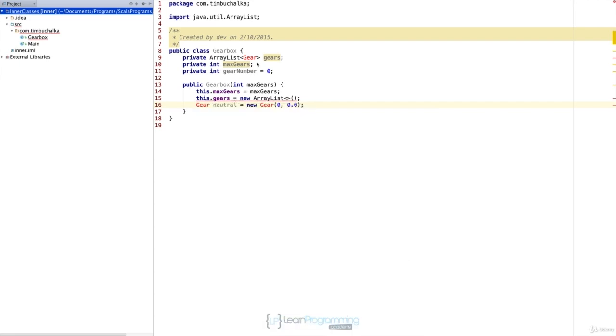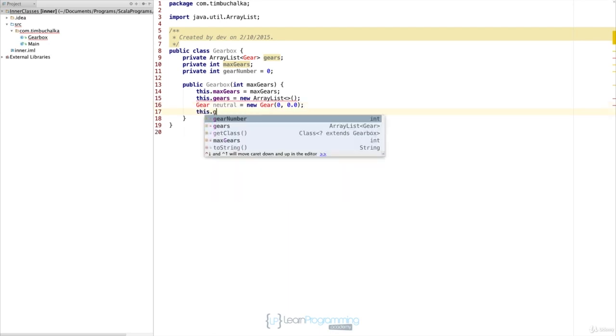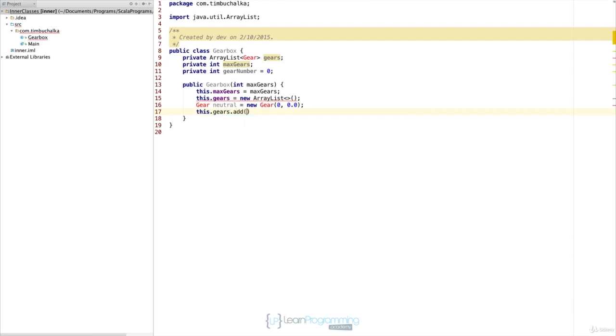And what we need to do is add the Gear class, which will fix that shortly. So we're creating a new gear, as you can see there, and we're going to add that to the array. So this.gears.add(neutral). So that's the base class, and what we'll actually do now is create an inner class. This is the inner class, which is sort of a class within a class. So to do that, making sure that you're actually in the public class definition, so we're in the final bracket, in between any method, at the end of any method, but before the closing brace, that's where we can start